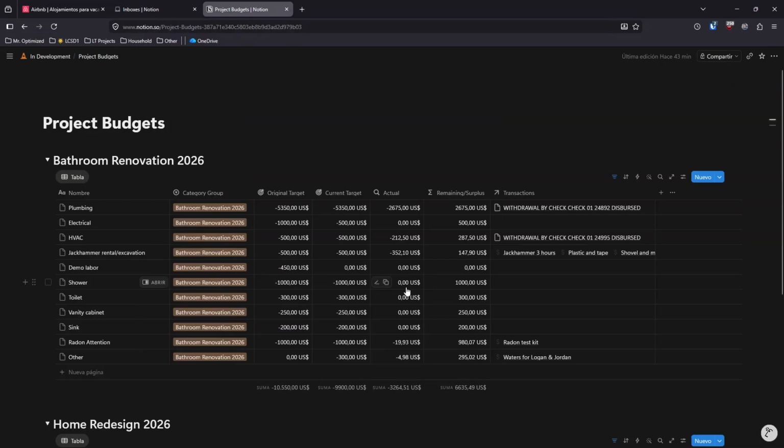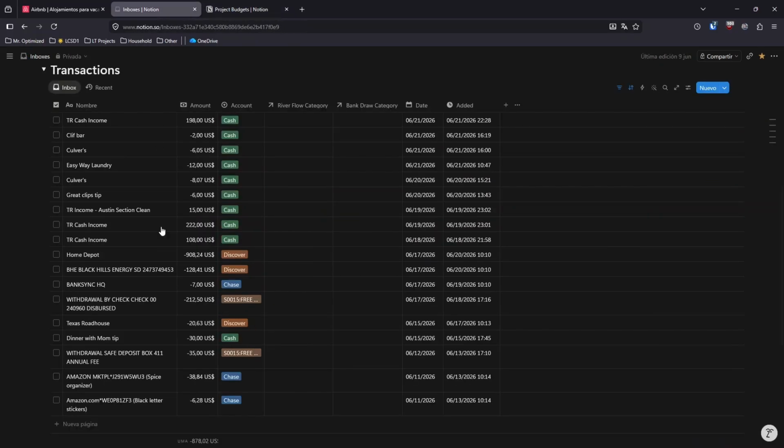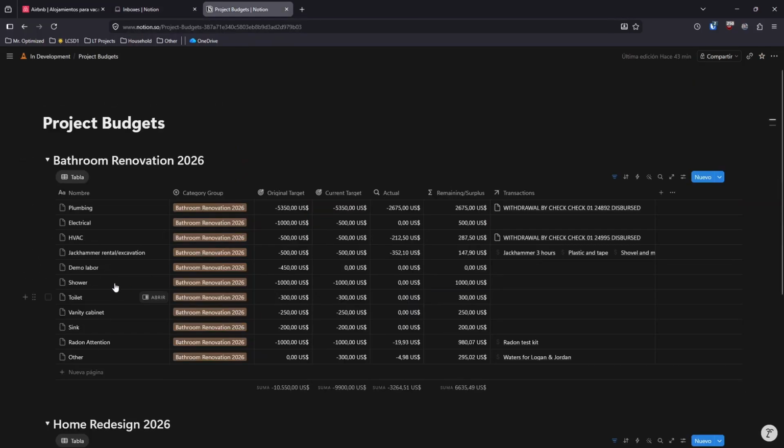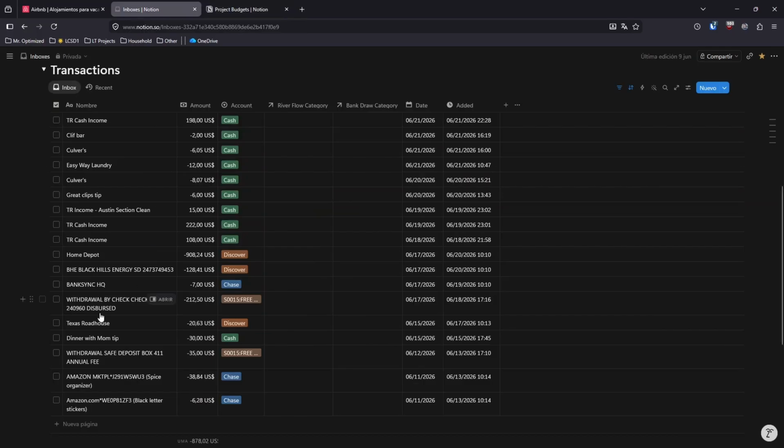What you're going to see now: I'm going to take this transaction, which hasn't been categorized yet, and categorize it under my shower category for my budget, and you'll see how these numbers adjust. We're looking at the shower, with $1,000 set aside. I've actually spent zero according to the budget because I haven't categorized it yet. And therefore my surplus, how much I have left in that category to spend on this project if I'm to stay within budget, is still $1,000. I'm going to take that inbox item